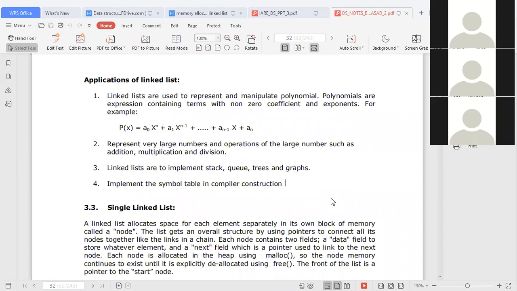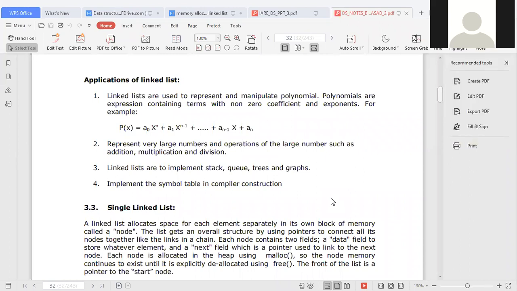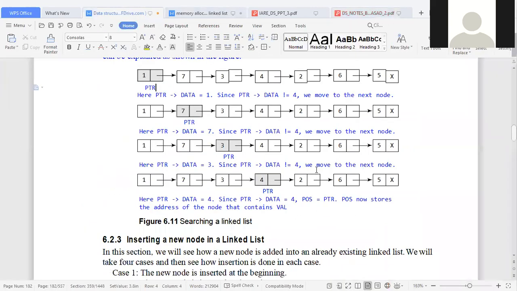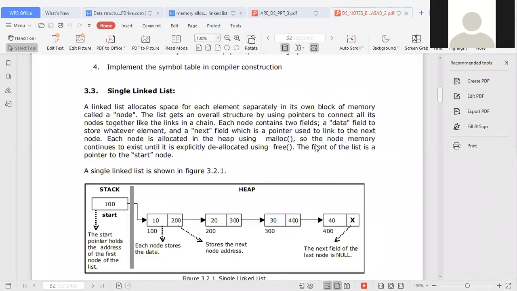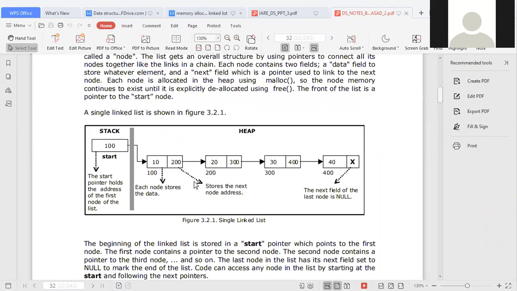Traversing understood? Comparison understood? Finding the value. I told you earlier, finding the value with the help of this particular example. That is followed by you. I asked the last person, A9, no? Sir. Is it understood by you? Yes, sir. Searching for an element in a linked list. Yes, sir. Now we'll come back. This is already explained with the help of the other notes. That is what will be there in a single linked list.